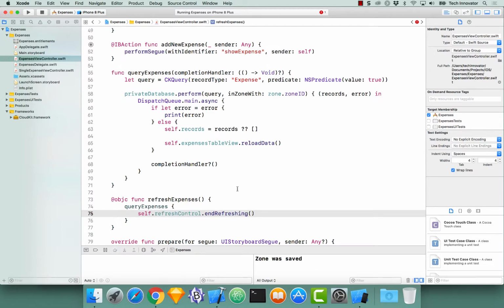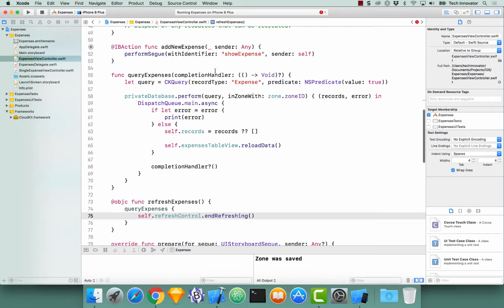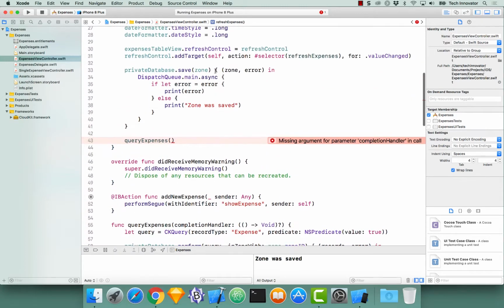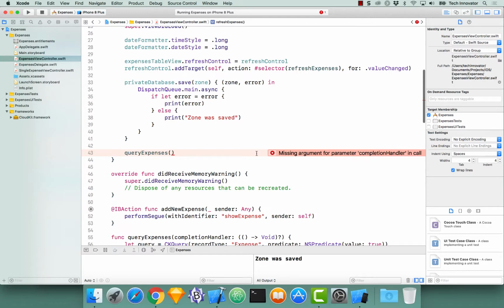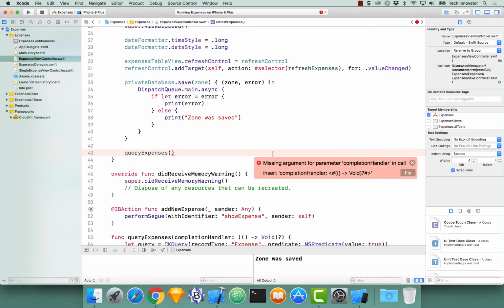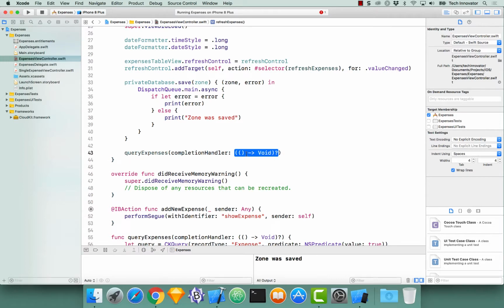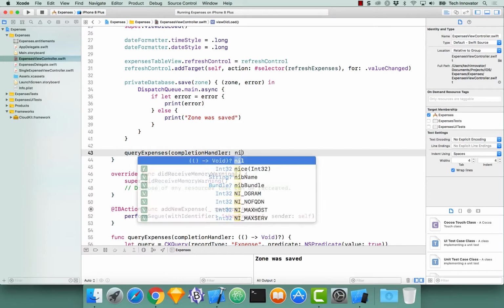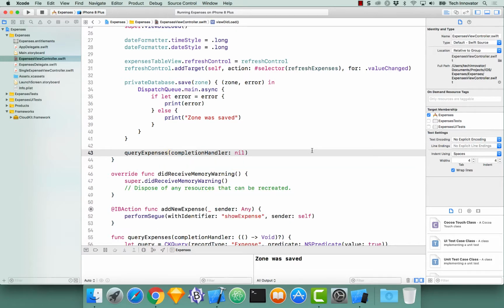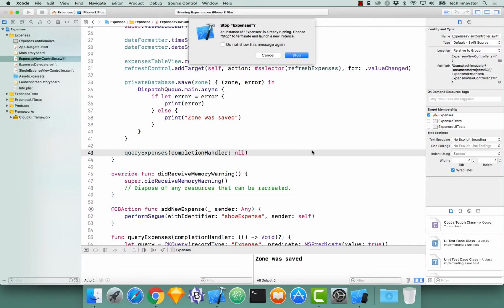We still have one more error, and that's because we gave a parameter to our queryExpenses, and we have not provided a parameter up here in viewDidLoad where we call it. So it says, hey, do you want to fix this missing argument? I'm going to click fix. And instead of giving this a completion handler of nothing, I'm going to give it a completion handler of nil. So now when I build and run this,